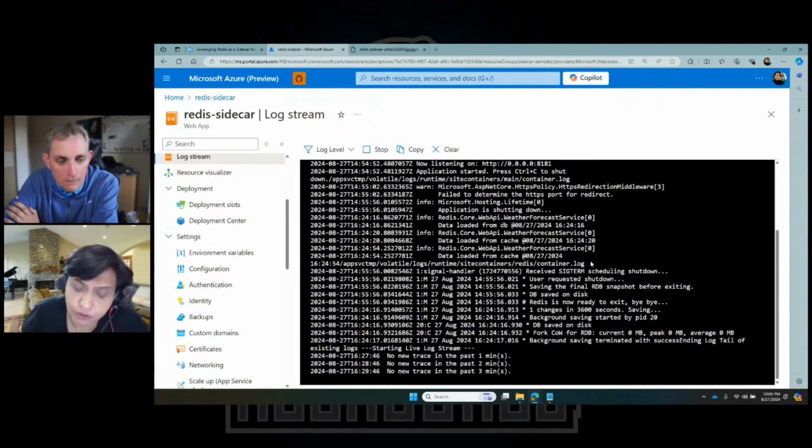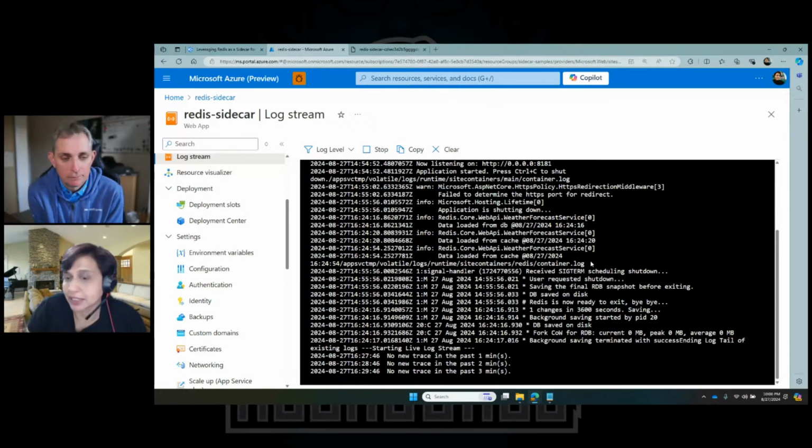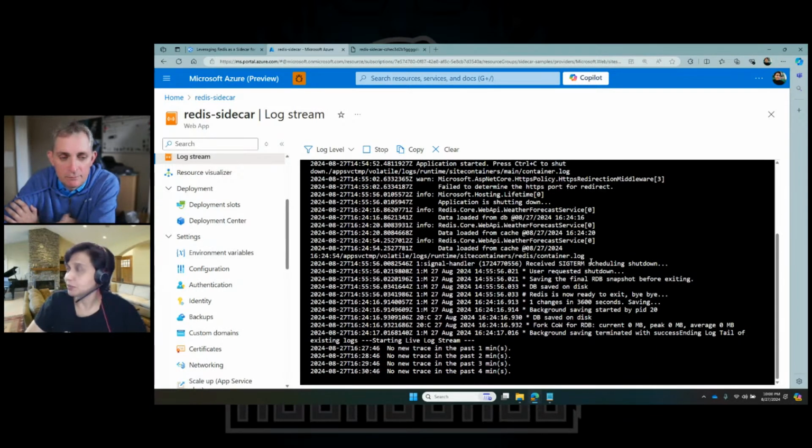So we are working on some kind of an experience where we will actually give you a drop down, and you can choose something from there. And we are working on what are the scenarios which work for such things. For example, is Redis a good scenario for that? And if that's the case, then you would have a drop down. You should be able to choose that you want to use, let's say, Redis, and we'll do all the plumbing underneath for you. So, those are things that we are discussing on how to make the feature more accessible for everybody, just to make sure that it's easy for them to use. That does sound so good.